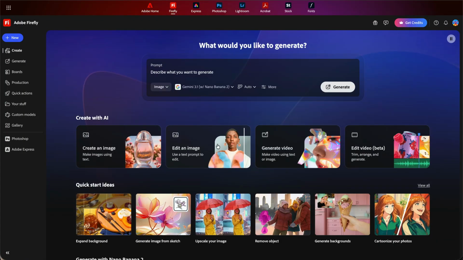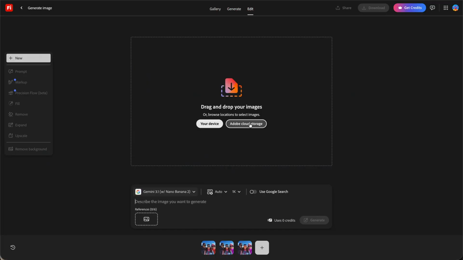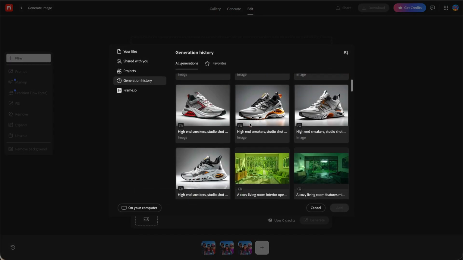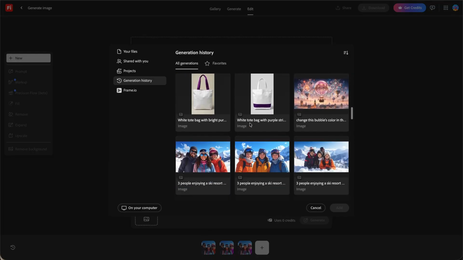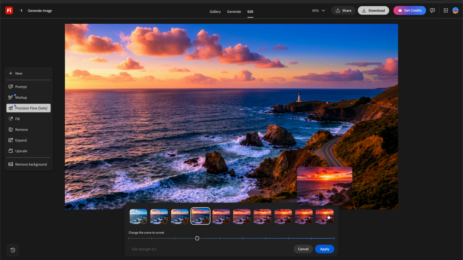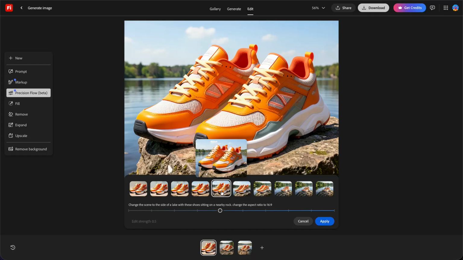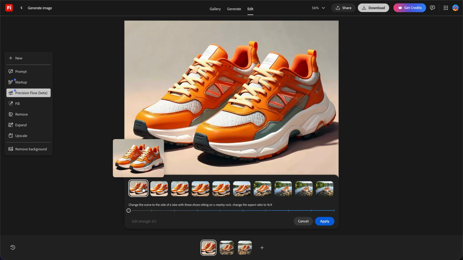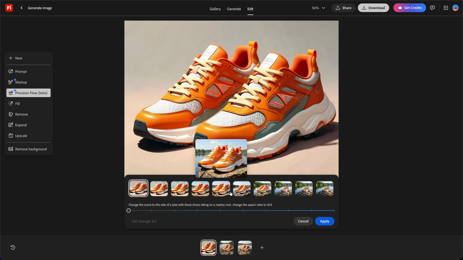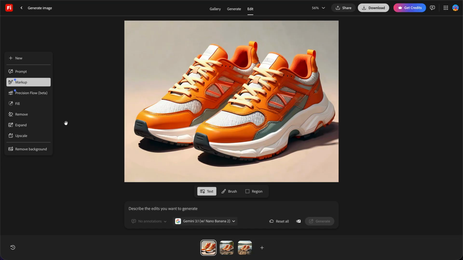First up, to get to the Firefly Image Editor, just go to firefly.adobe.com and click on Edit an Image. When you first get into the editor, you can either upload an image or choose something from your generation history. So what exactly is Precision Flow? Well, it lets you explore different options for your image edit on a sliding scale. So instead of prompting once and getting one outcome, you have a variety to choose from, which can be really helpful for creative exploration. Once you have your image, just head on over to Precision Flow in the left nav,